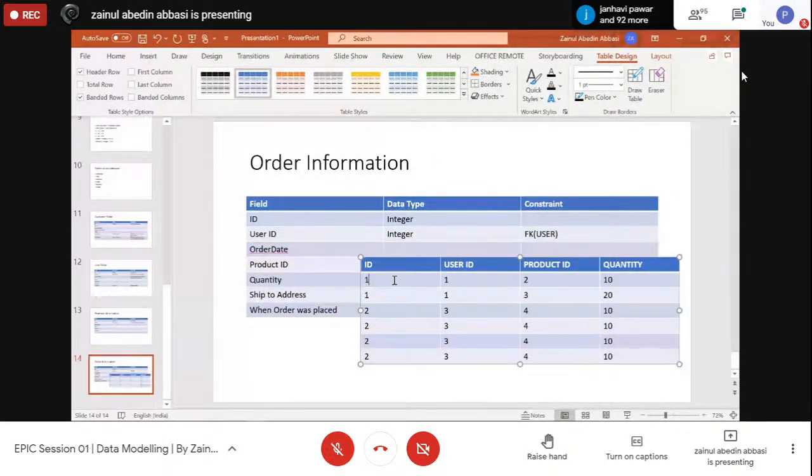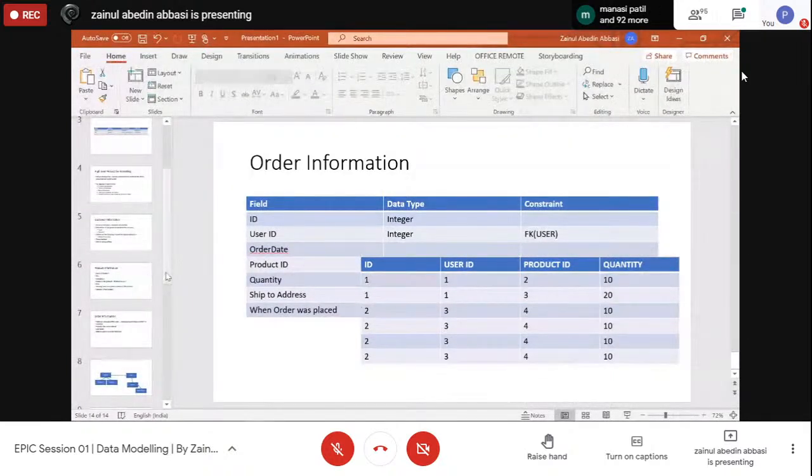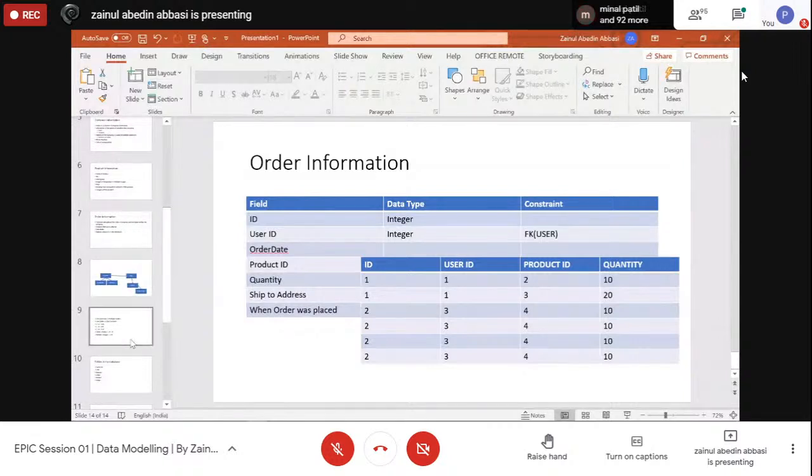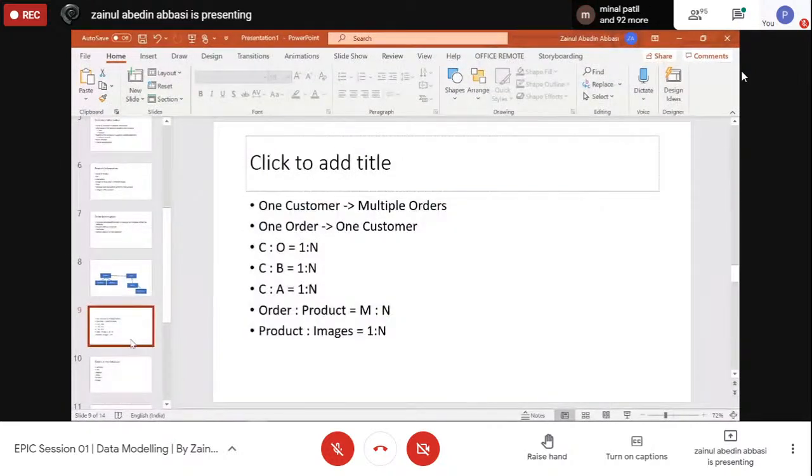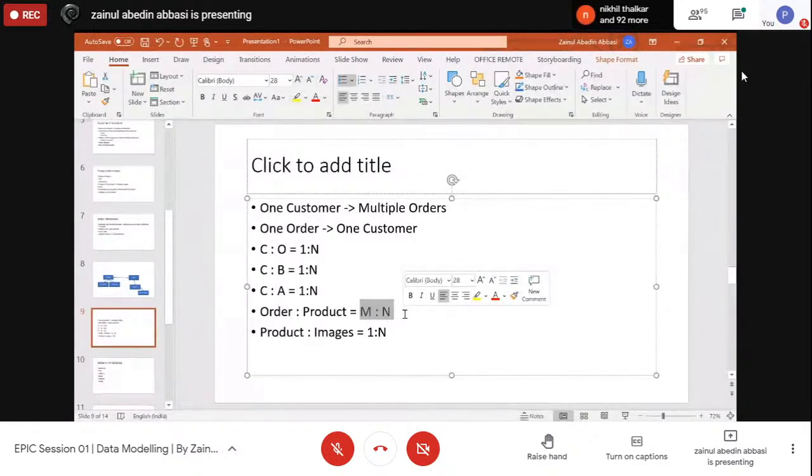So the thing to do, you can think of this as a rule of thumb: if there is a many to many relation, you want to get rid of it, and in your design you want to have only one to one or one to many relations. If it's a one to one relation, obviously it becomes a field within a table. If it's a one to many relation, there is going to be one table with a foreign key. So how do you remove this many to many relation? You create another